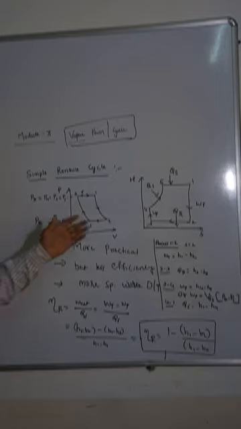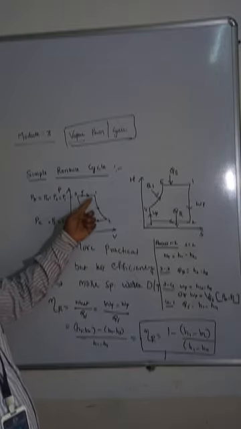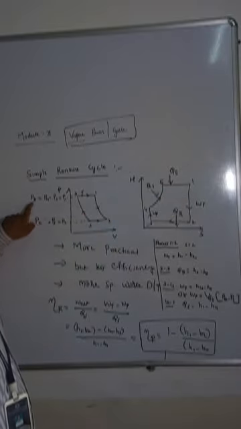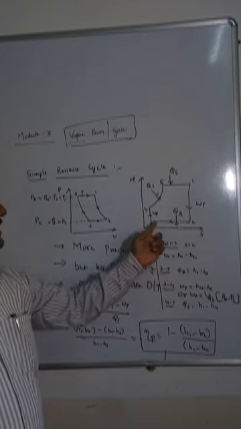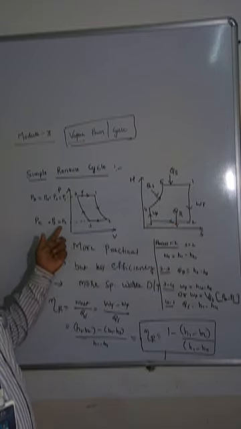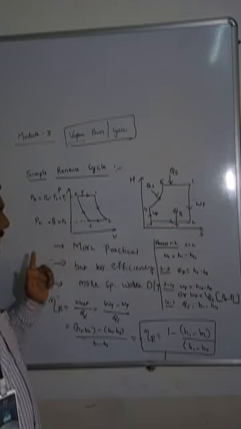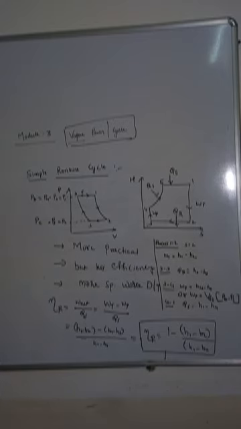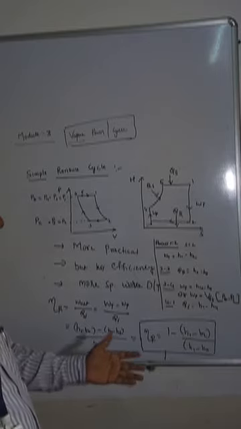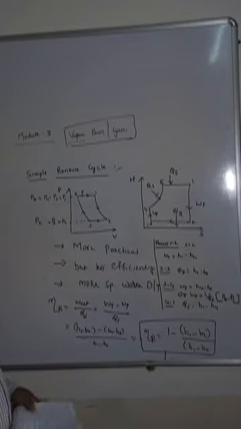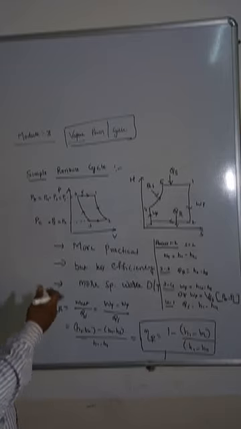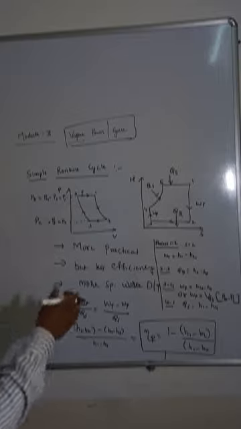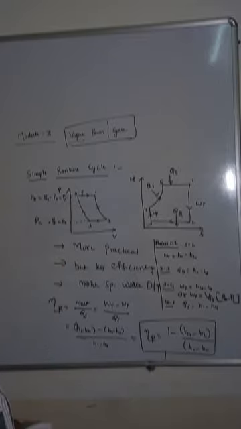So this is the PV and HS diagram. Here whatever pressure is of 4 to 1, 4 to 1 is boiler. So boiler pressure is PB. 2 to 3 is condenser. This is condenser pressure, that is P2 is equal to P3 is equal to PC. So condenser pressure and boiler pressure play an important role in the efficiency improvement or decrement. So later on we are going to see the effect of boiler pressure and condenser pressure, the effect of these two pressures on the efficiency of the Rankine cycle.